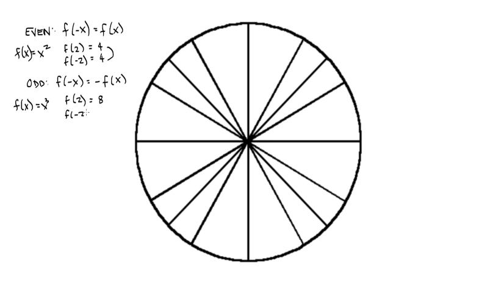And f of negative 2 is negative 2 times negative 2 times negative 2, which is negative 8. This is an odd function because when you put in the negative x, you get a negative output. You get a negative y. Okay? So we're going to use that information and talk about the trig functions and which ones are odd and